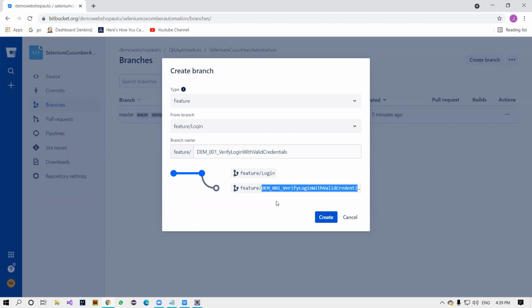It is easy to specify what code is in my branch and in some other branch, and we can easily merge the code to the main branch, which is nothing but the login branch here. So this is the way you can create it.